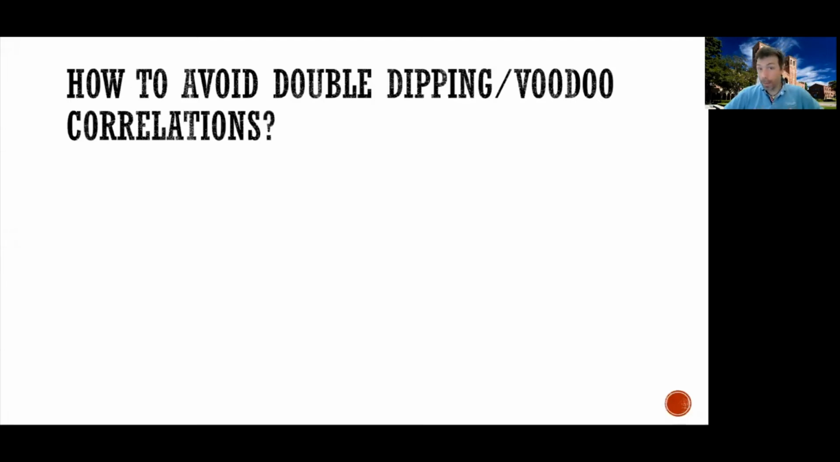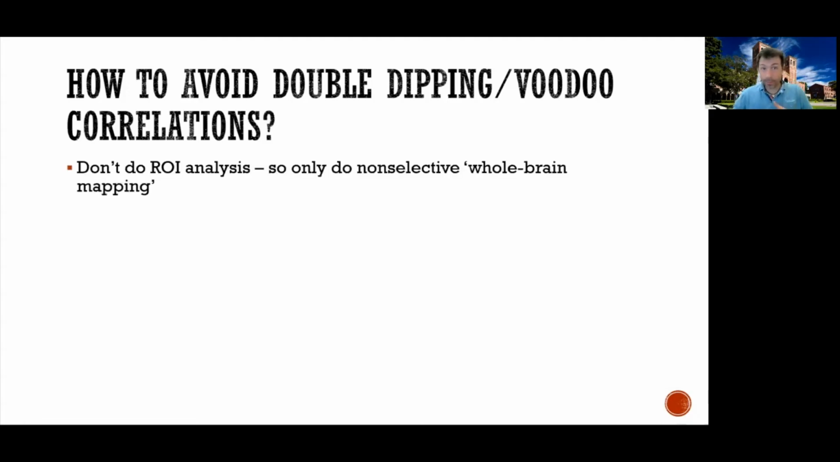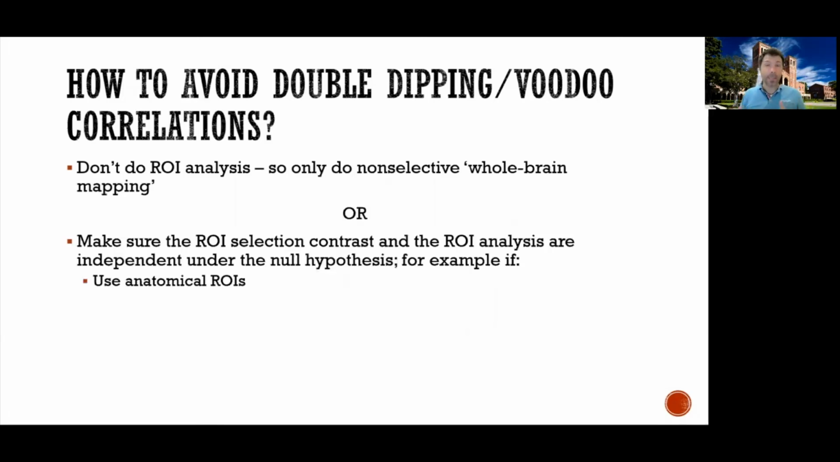So how do we avoid double dipping and getting into voodoo correlations? Well, the simplest way is to just not do an ROI analysis and only do a whole brain mapping, what sometimes people refer to as a non-selective whole brain mapping. But I do think there's a lot of value to ROI analysis. So I'd rather be able to do an ROI analysis and just find good ways not to fall into the trap of double dipping. And the key aspect is to make sure that the way in which you select your ROI is independent of whatever you want to test